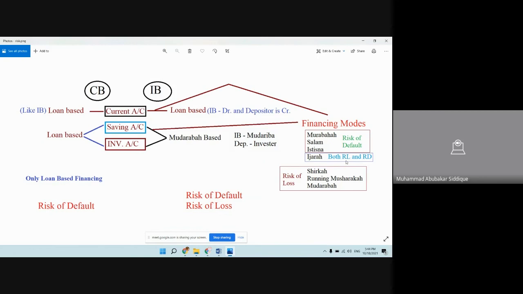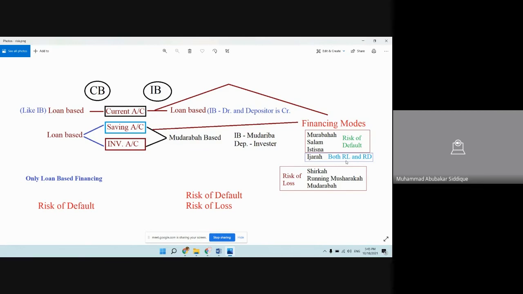Because in ijara, the asset is owned by the Islamic bank, not by the client. If there is any damage to the asset caused by factors beyond human control, like flood, like earthquake, any calamity, so if the asset is damaged, this risk will be borne by the Islamic bank. Depositor will not bear this risk. So this risk is considered risk of loss. So this risk enables the Islamic bank to earn rental upon its asset, and this rental will be considered profit of